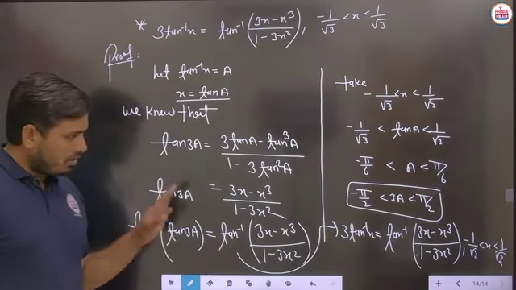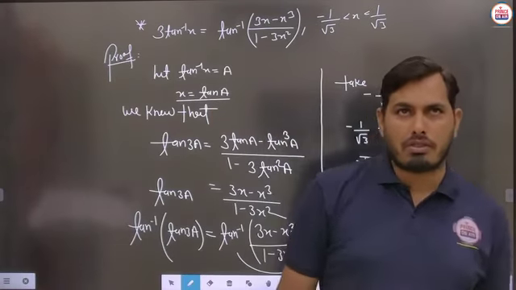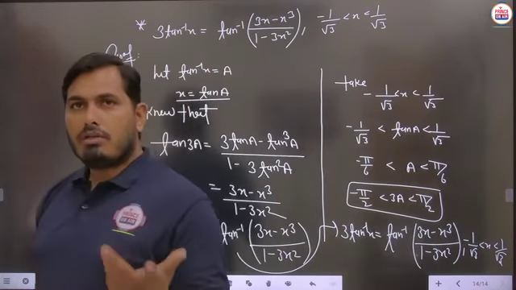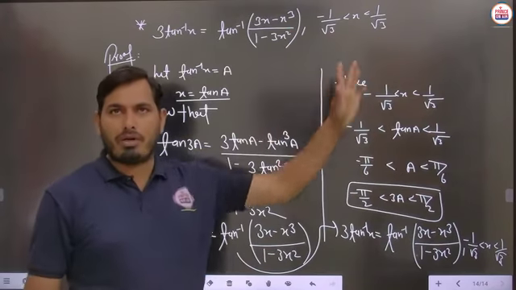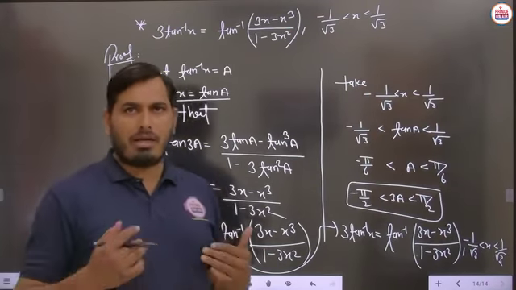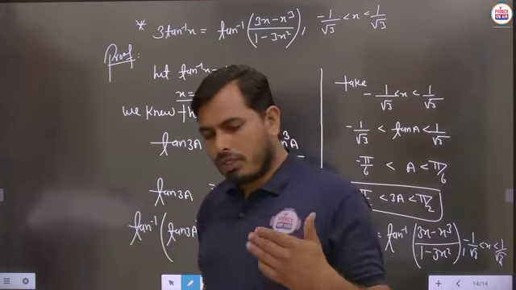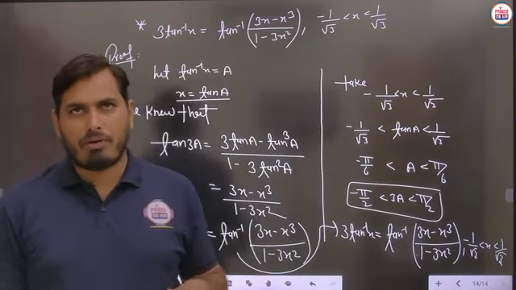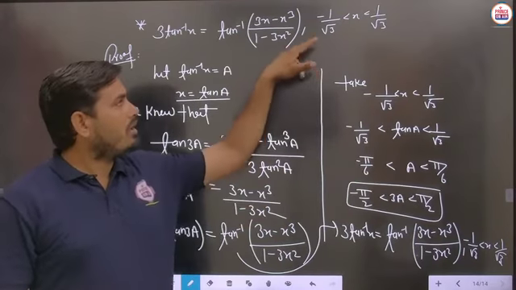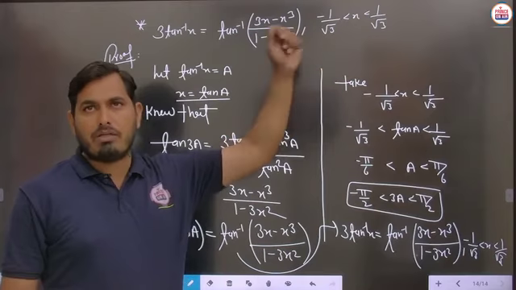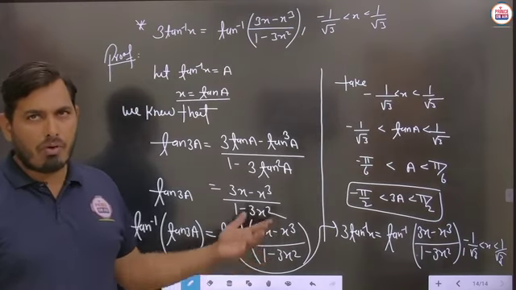So student, in each and every property, in each and every section, like in 2 sin inverse x, 2 cos inverse x, 2 tan inverse x, 3 cos inverse x, 3 tan inverse x, we have to do a very simple phenomena, but these conditions are very important here. We have to keep in mind these conditions, and according to that we have to process the things. Always the conditions are already given in the question, so there should be no problem to remember this part. But for the general knowledge, we have to see the basic thing, why these conditions are given and how these conditions are used to solve the particular question. We have to know about this part. Is it to be clear?